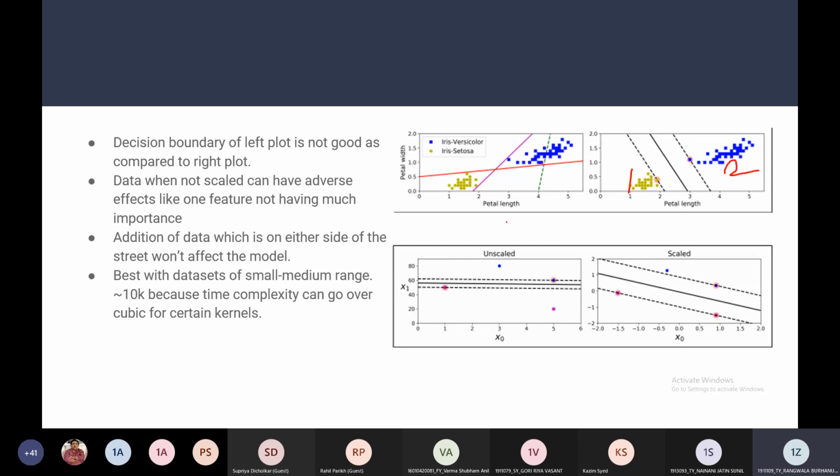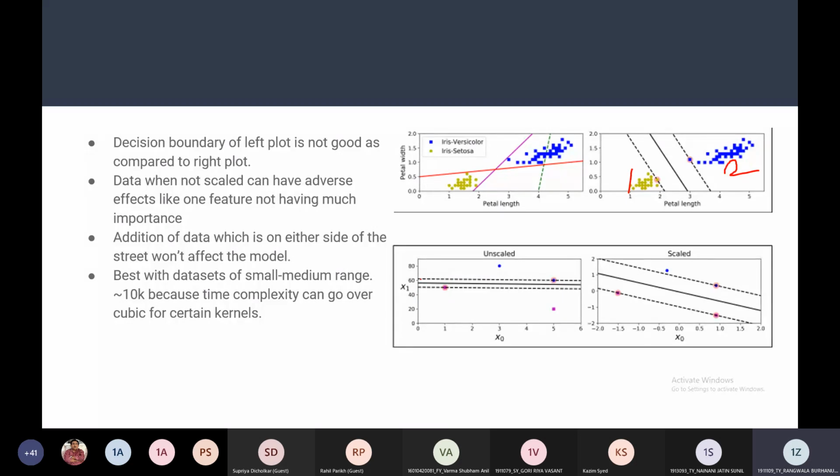So now this is the basic of how SVMs work, but there are some other things you should know. Unlike some other algorithms, SVMs require you to scale your data before you feed it to the model. As you can see in this example below, in the left plot, let's consider that x1 is the height of something and x0 is the weight of something. As you can see, the magnitudes of height and weight are very different.